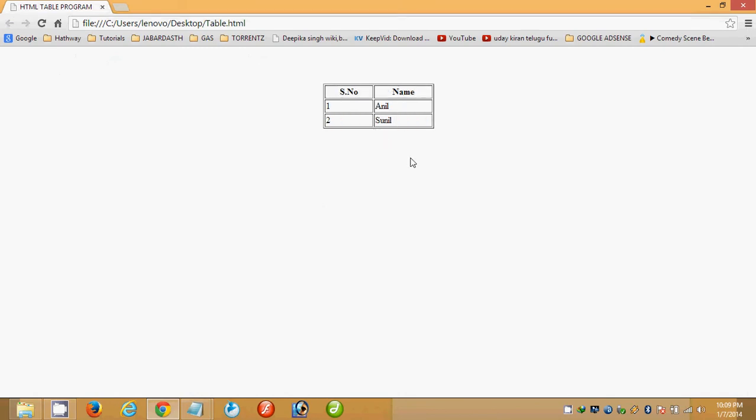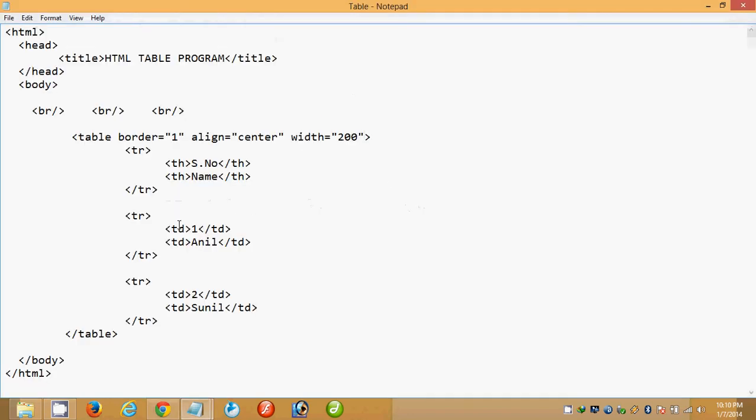In this way we can give width to a table, and we can also align the content of the cell to left, right or center by using align attributes. Here if we observe, serial number and name are aligned at center and the table data are aligned at left. So I want to align this table data also to center, so I use table data align equal to center.